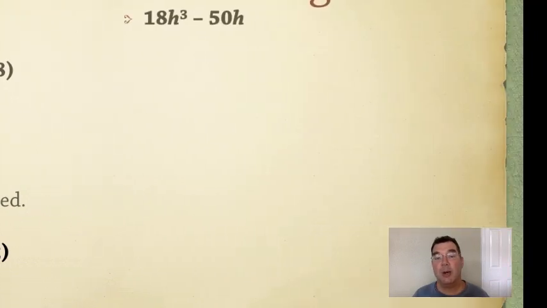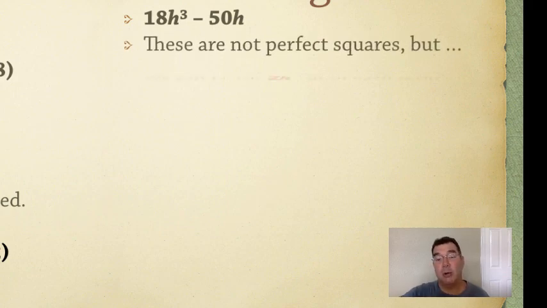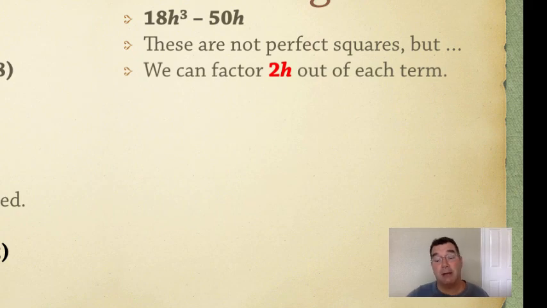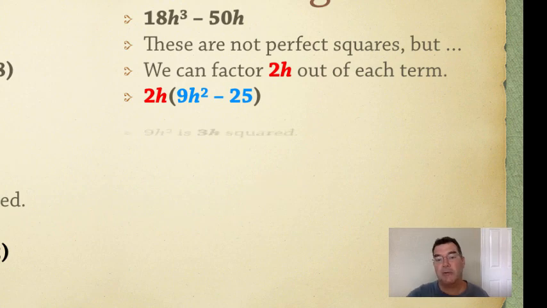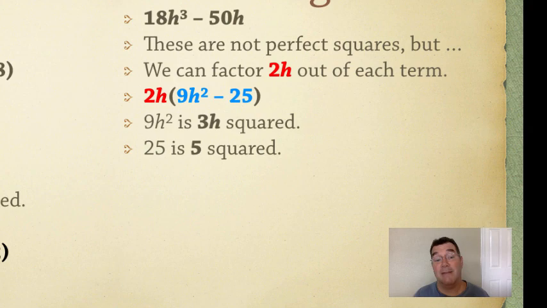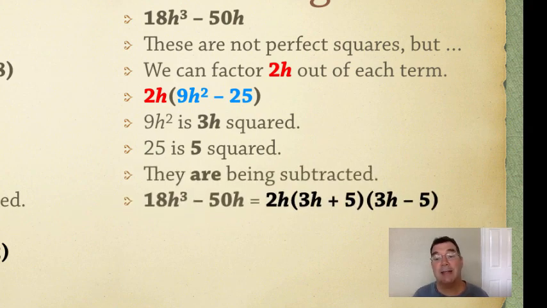Here's another example where I have 18h to the third minus 50h. Neither of those are perfect squares, but I do know that 2h can be factored out of each of them. And if I do that, the first term becomes 9h squared and the second term becomes 25. 9h squared minus 25 is a difference of squares because I know the square root of 9h squared, that's 3h. I know the square root of 25, that's 5. They are being subtracted, so my factorization is the 2h that I had at the beginning times 3h plus 5